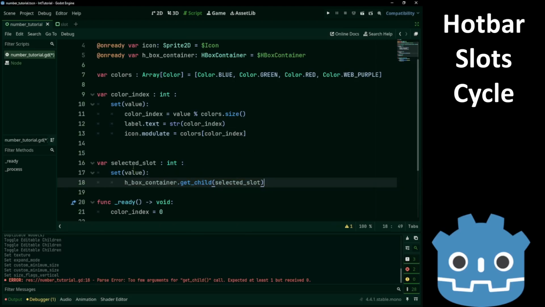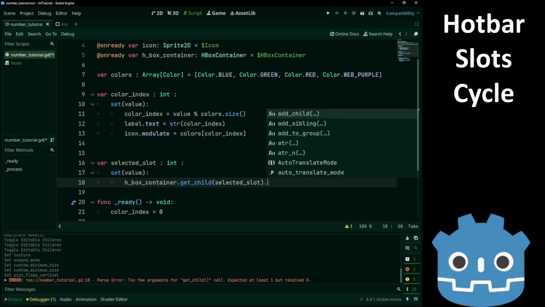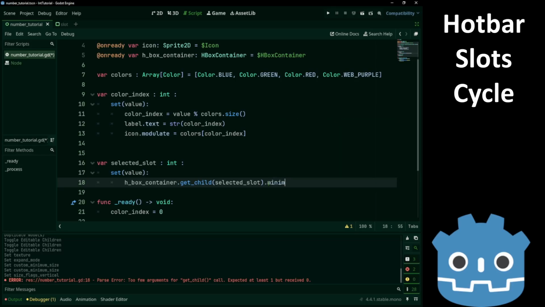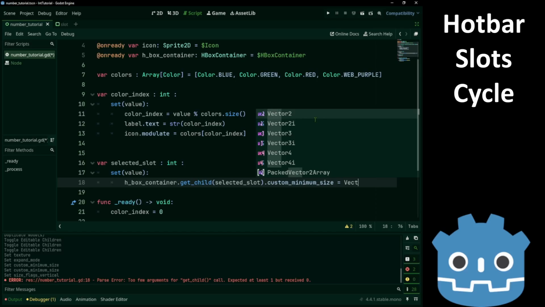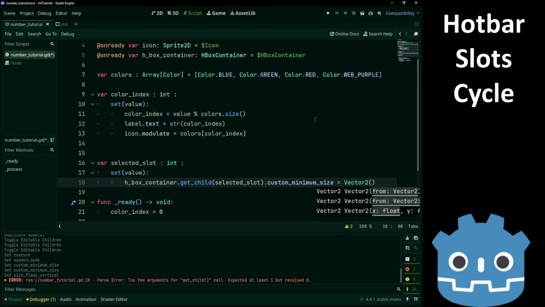Keep in mind we haven't changed the value of selected slot yet. Right now, value and selected slot are not the same. So we change the minimum size, and it's going to be a Vector2, 100 by 100.